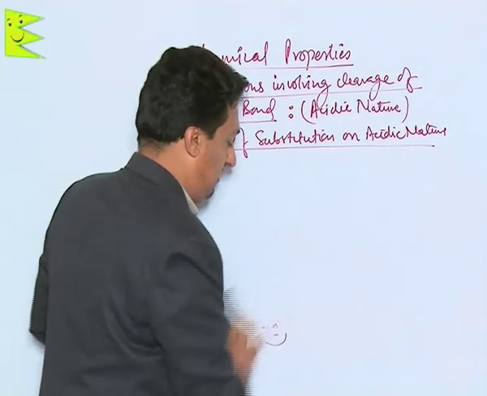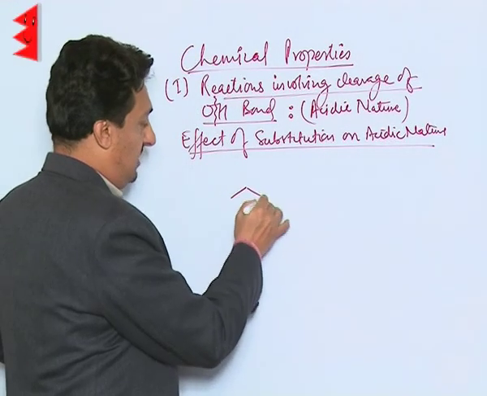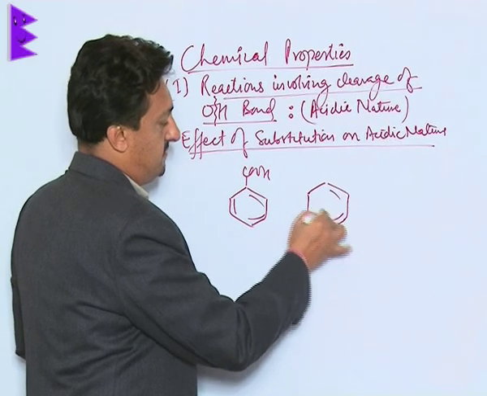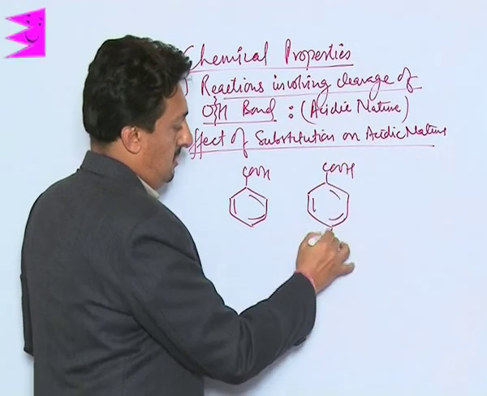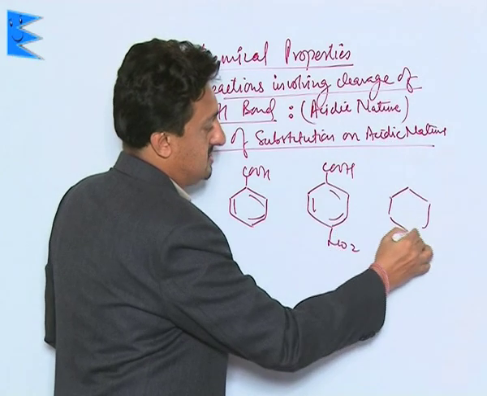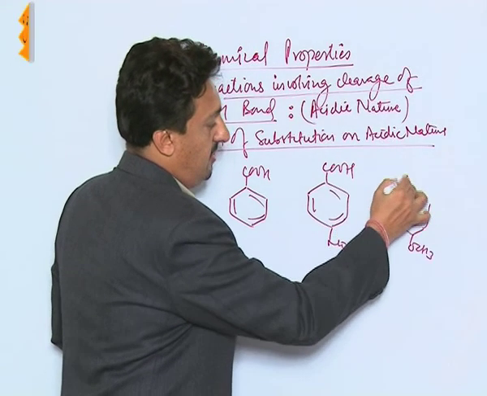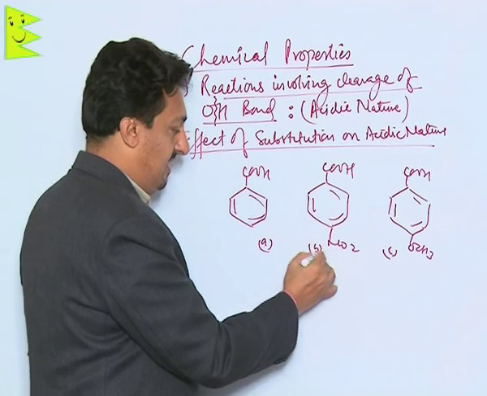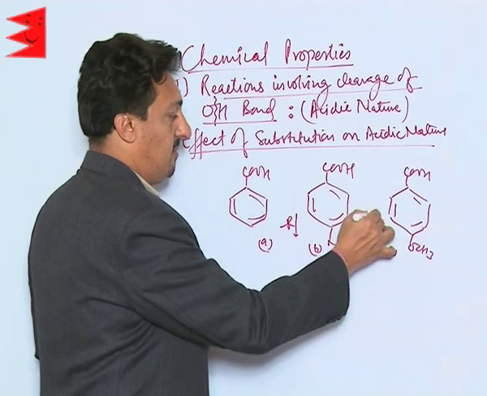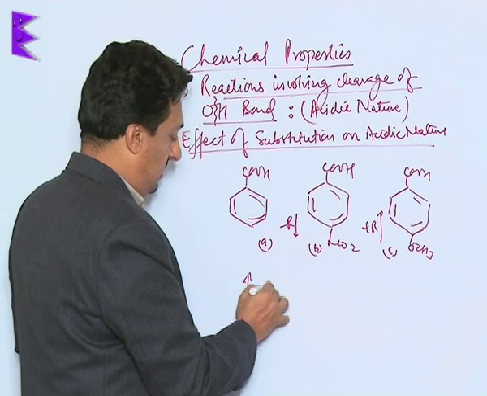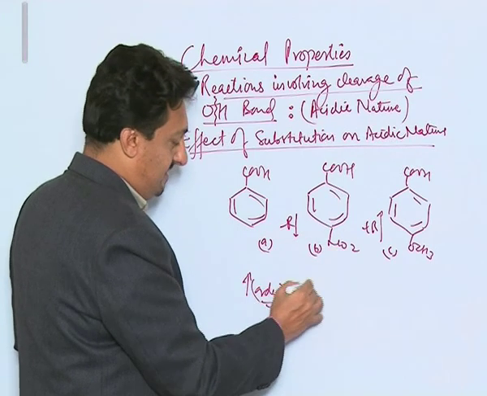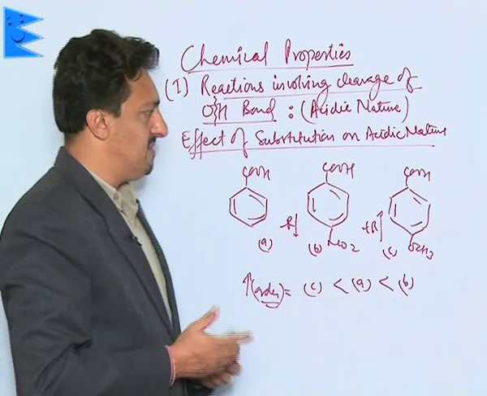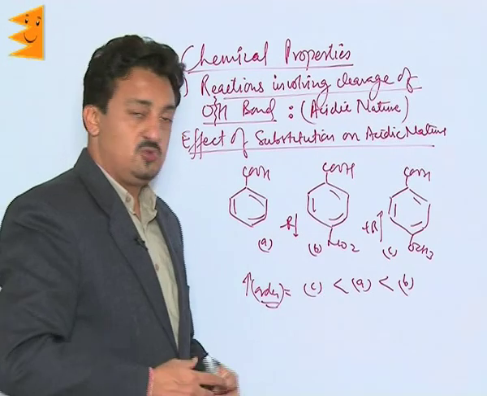Let us see now in the case of aromatic carboxylic acids. Normally we have a normal benzoic acid, a nitro substituted benzoic acid, and a methoxy substituted benzoic acid. If this is A, this is B, this is C, obviously one has the minus R effect and the other has the plus R effect. So the increasing order will be: least acidic C, then A, which is without any group, and then B. So this is how we can study the effect of substitutions on the acidic nature